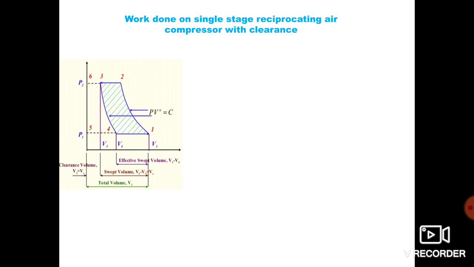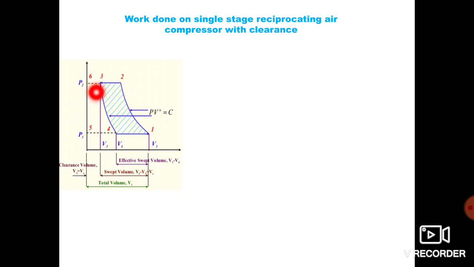We'll see the working. Here 4 to 1 is suction process, where suction valve opens, fresh air is sucked at pressure P1. 1 to 2 is polytropic compression, where pressure increases to P2. 2 to 3 is delivery process. The high pressure air is delivered to the storage vessel and the delivery valve closes completely at